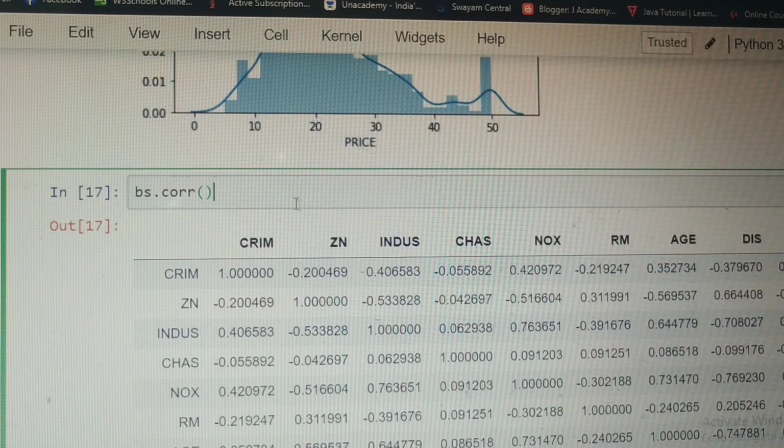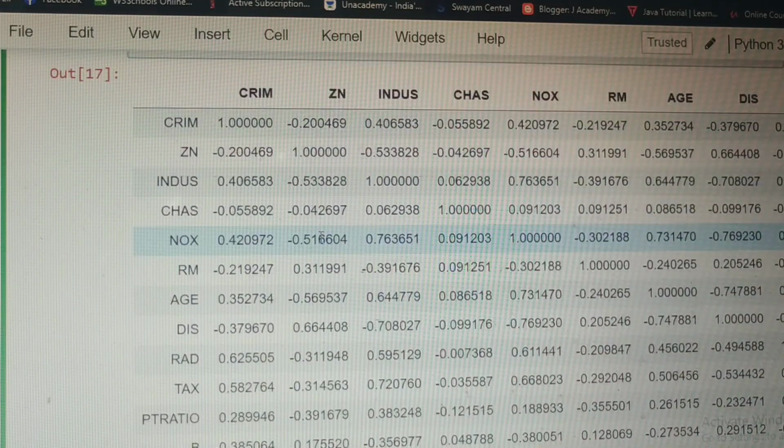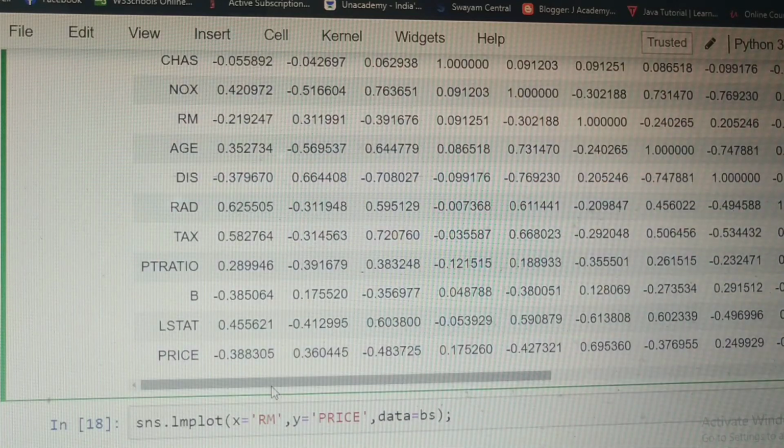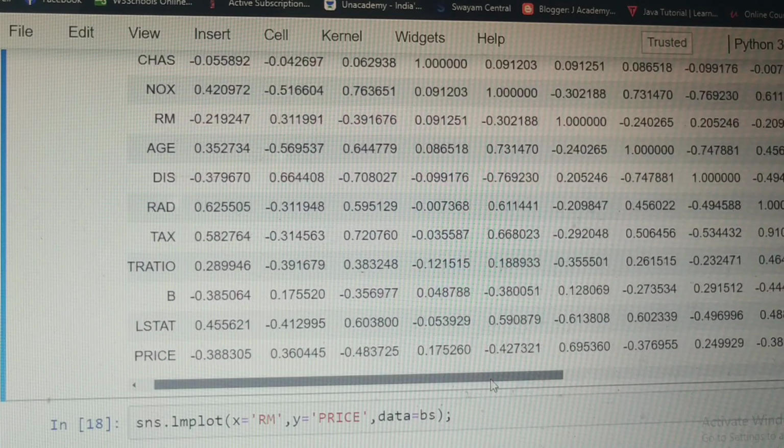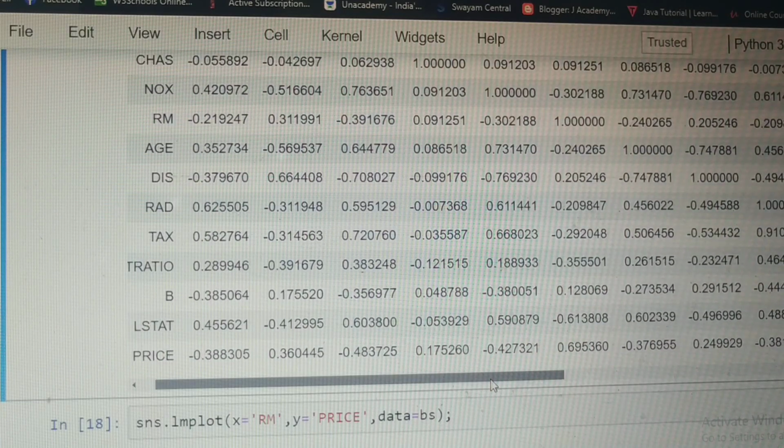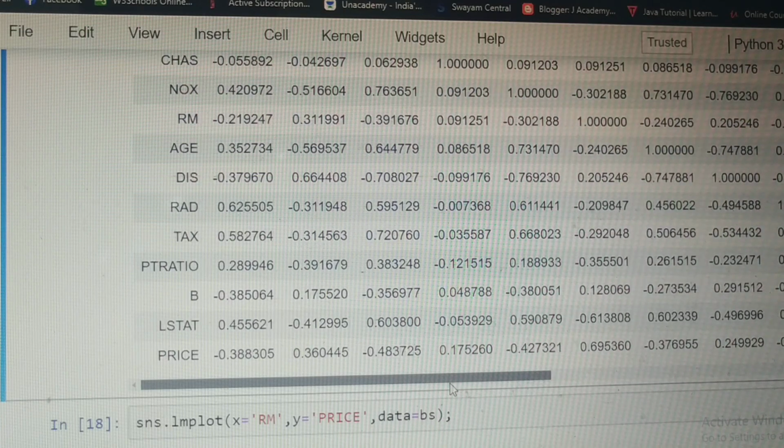Next, we want to find out the correlation among the different features in the data frame. So we use the bs.corr method, and we see the correlation of price with the different values, where a negative value shows a negative correlation. So this is 0.36.